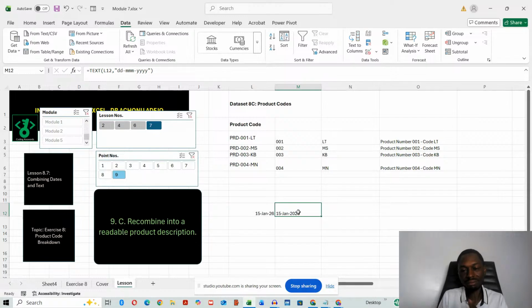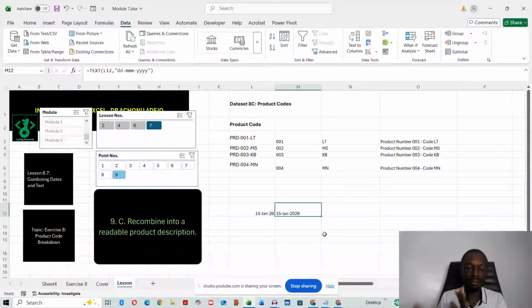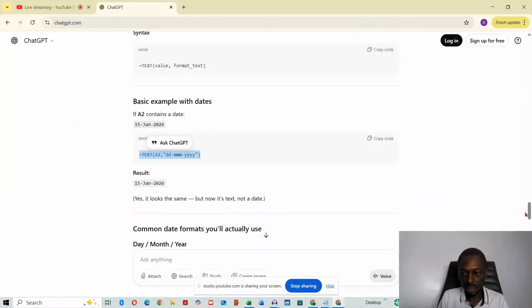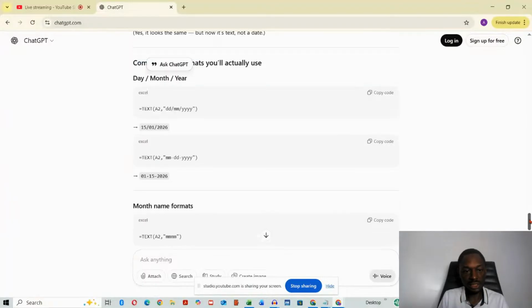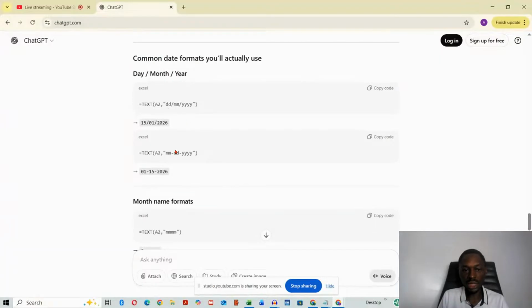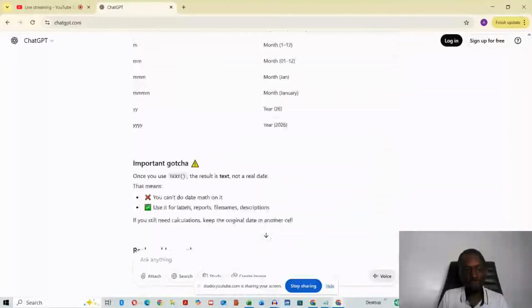Okay, so this is it as a text. This is the date. And then this is it after applying the TEXT function. All right, so common date formats. You can use the format, so you see the month, year. Okay, so we can do it as date, month, year. So we've got different formats. We can use the slash, we can use the dash. Okay, so this is how we can format